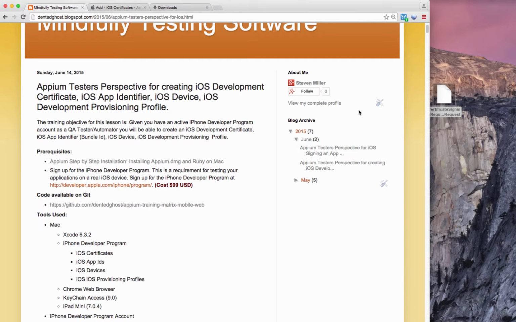Specifically, we will be looking at creating an iOS development certificate. I have a step-by-step tutorial here at dentedghost.blogspot.com that you can follow along and refer to, and it is specifically the Appium tester's perspective for creating iOS